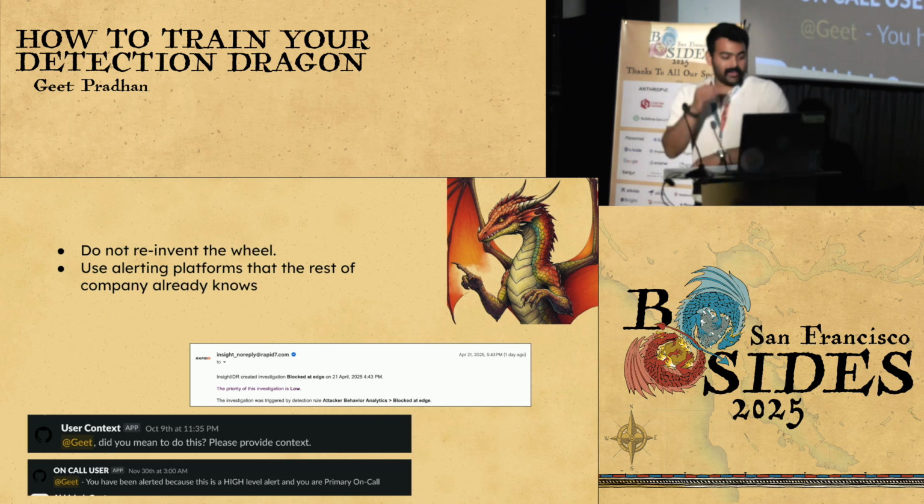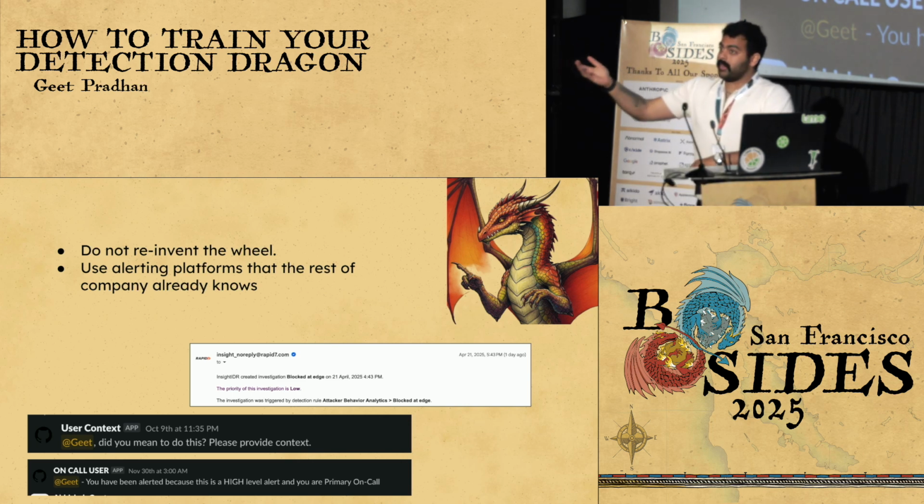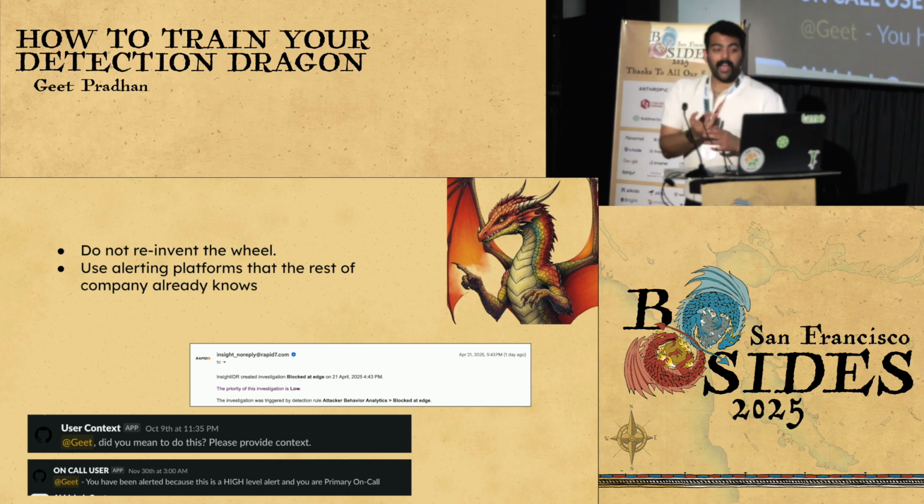Now, in this case, we have email, right? I hope everyone has email here. And we have Slack. Now, why should you use this? If you go back to the first slide, one of the things that I said was, you don't have additional tools or funding for tools, but you have email, you have Slack, you probably have some other things which are already working in your company.